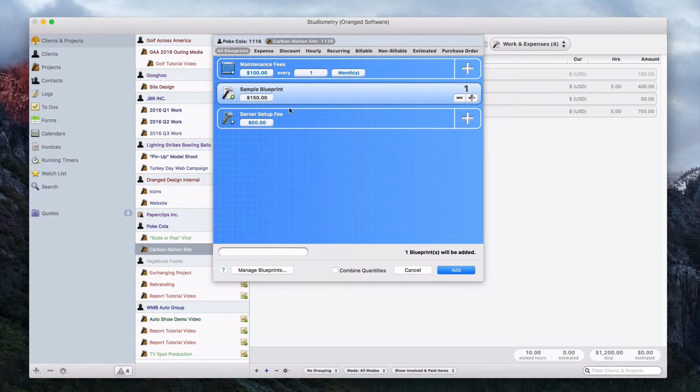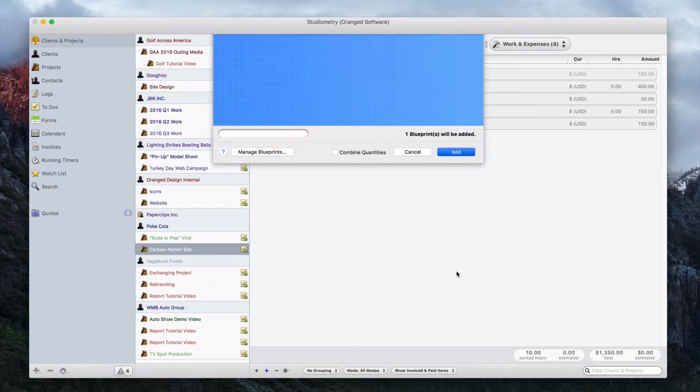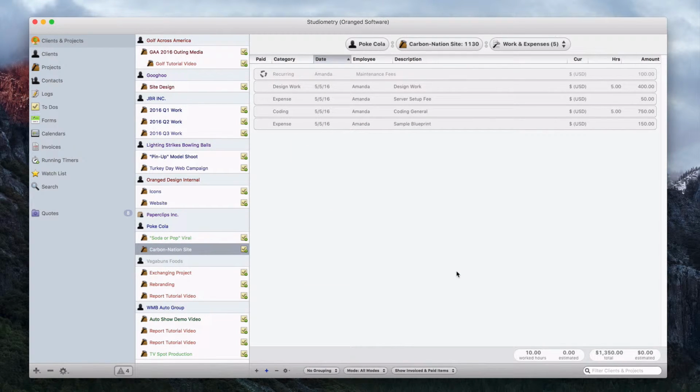But you can see that the defaults that we had earlier are pre-populated into these fields. And then when you hit add, it will create these blueprint items and add them to the current project. So when I hit add, it will create one sample blueprint for $150 and add it to this project that I have selected. So we can see there, I just with the click of a button added that blueprint to